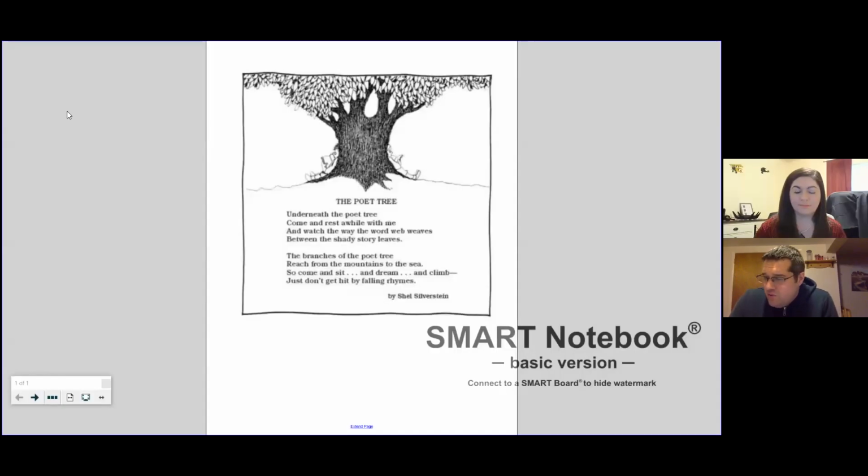All right, guys. So for your second assignment, the two concepts that we really want to teach and show you about are things called stanzas and couplets. So a stanza is just a paragraph in poetry. In this case, we have two stanzas in this poem called the